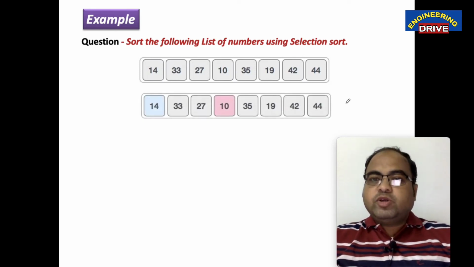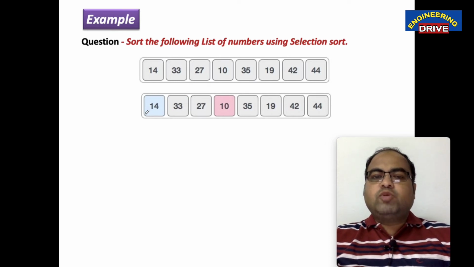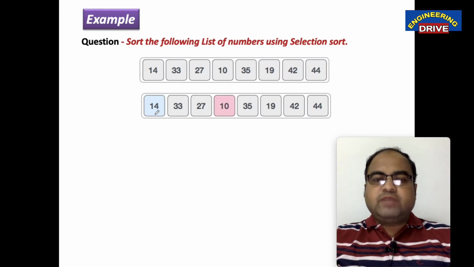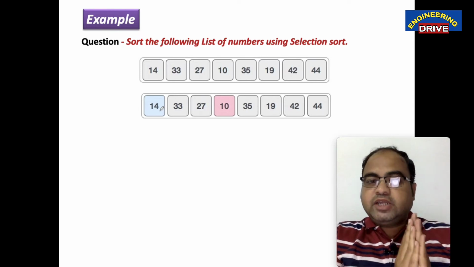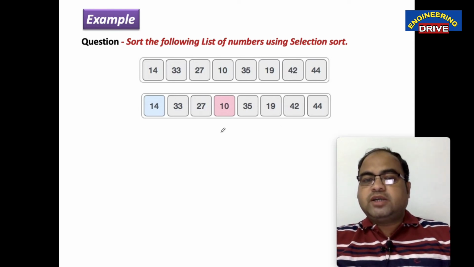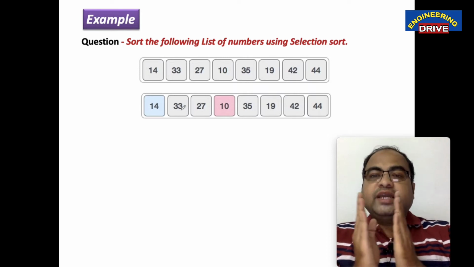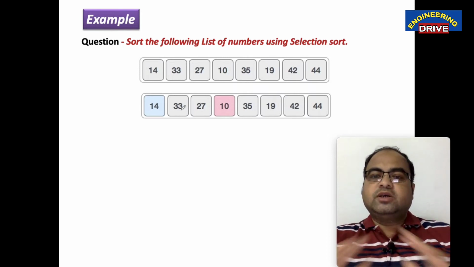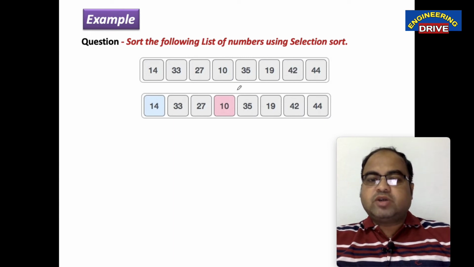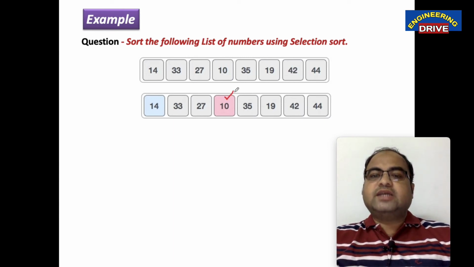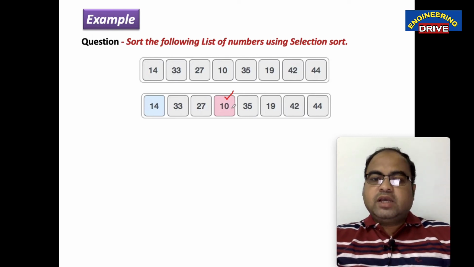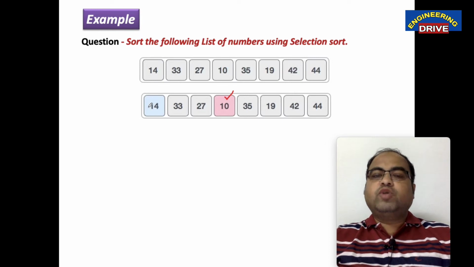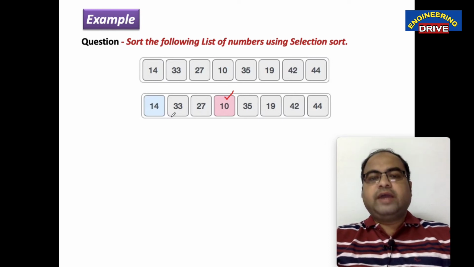Now, what am I going to do here? Let me take the first leftmost element of this unsorted array. In this entire unsorted array, the leftmost element is 14. 14 selected. Now, once 14 is selected, from the rest of the unsorted array, select the number which is smallest. When I search the entire unsorted array, I find that 10 is the smallest number. Now I will swap this 10 with 14, which is the first element of our array. See here.